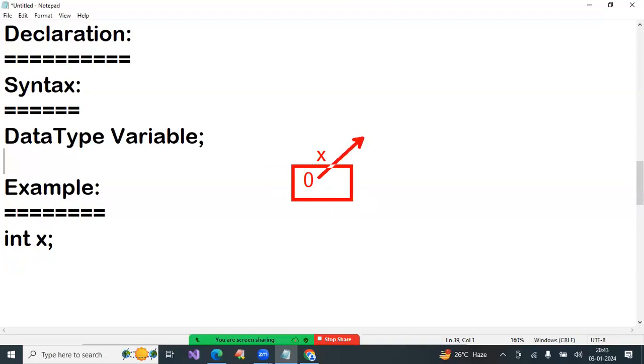This 0 is called the default value. If you don't write any number in Java, 0 will be stored. That is called the default value.